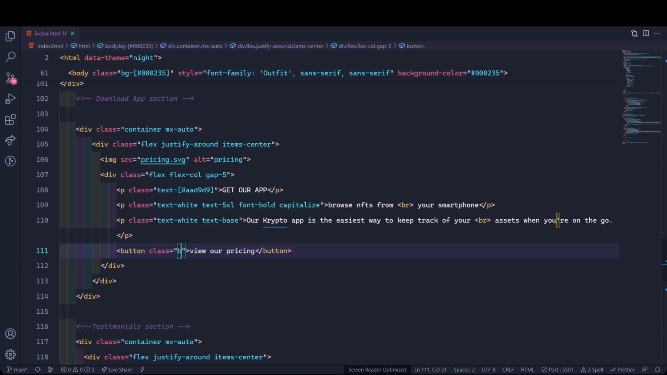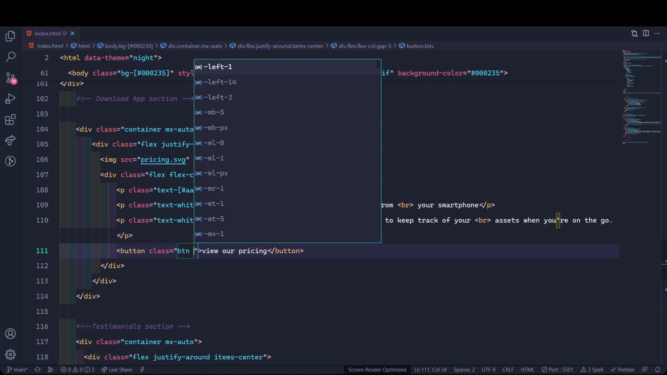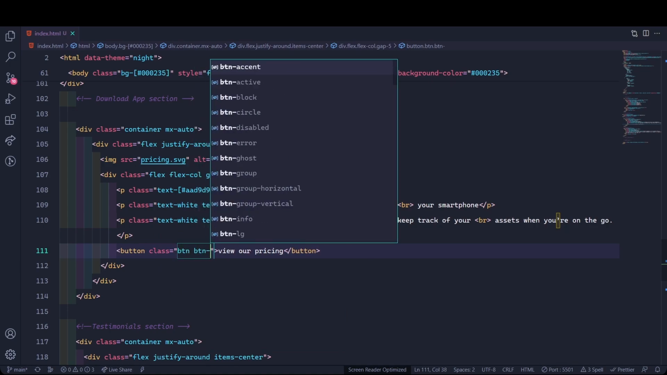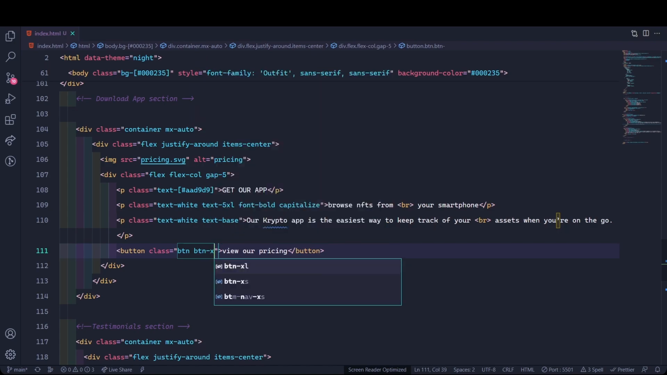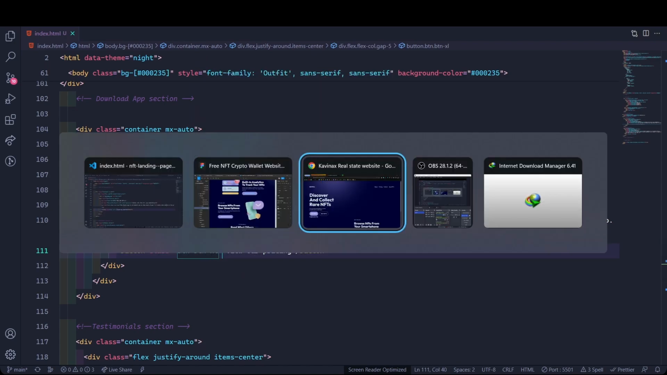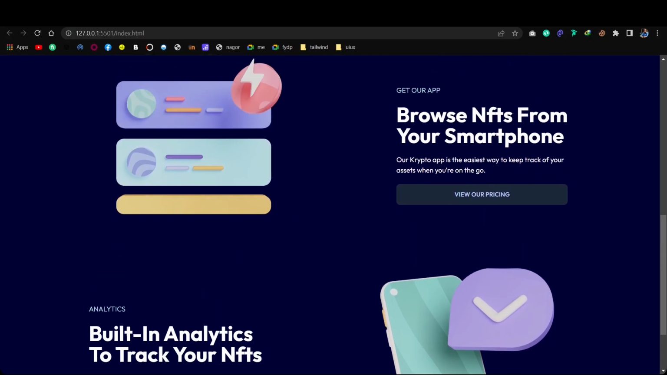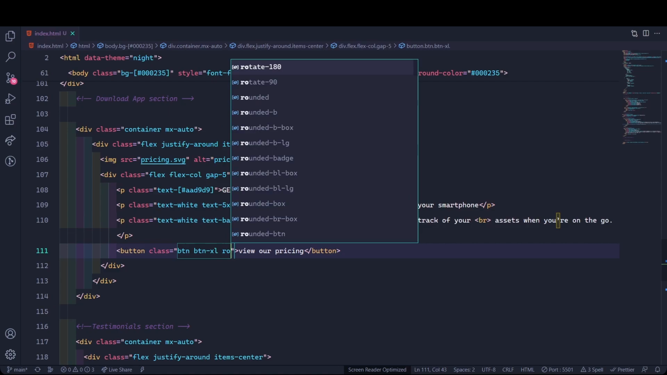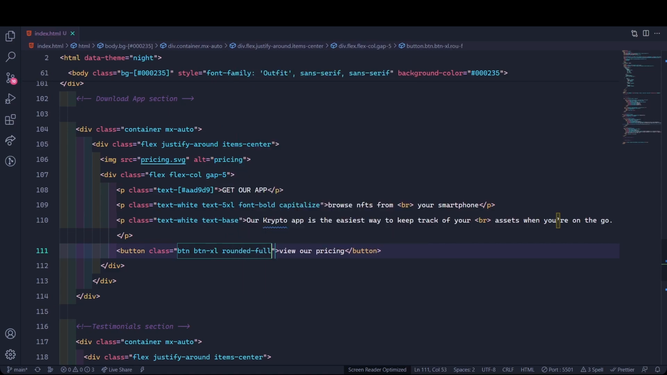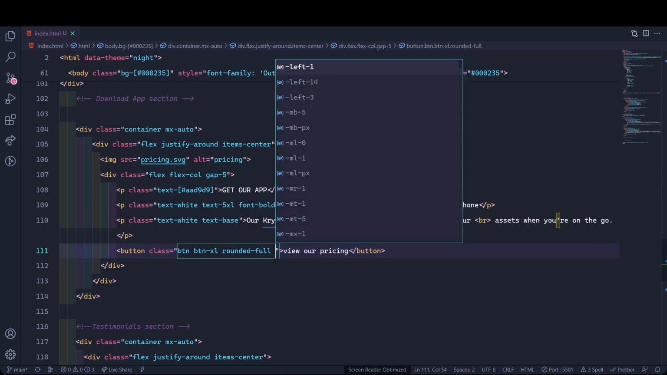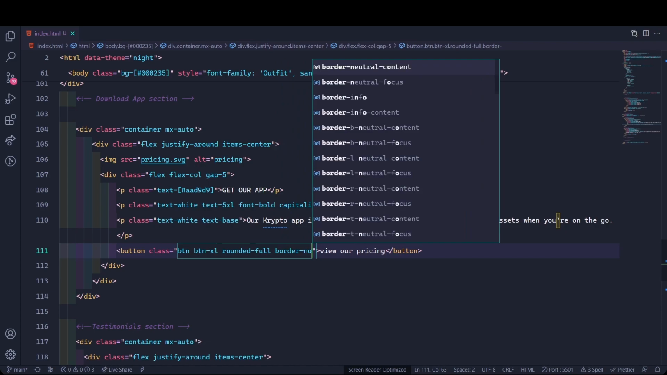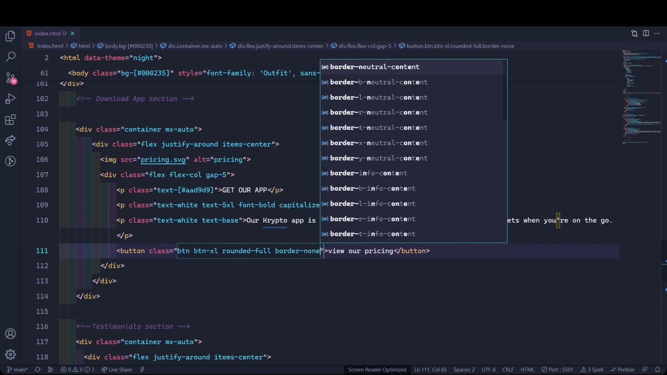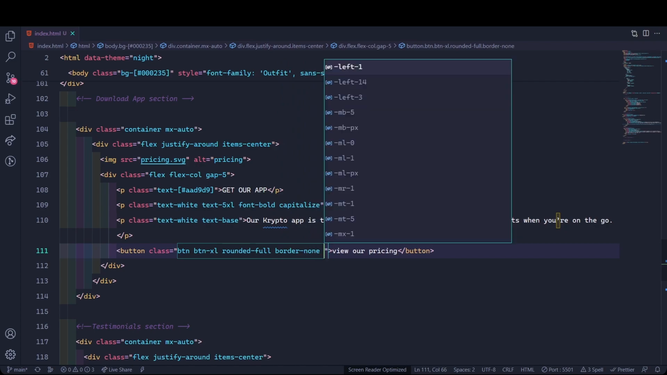I already told you, btn xl, should be big or not. XL is good. Okay, and it should be rounded full, right? Rounded full, and also it needs to be border none, because by default it gets some border, so that's why I'm adding border none. And also